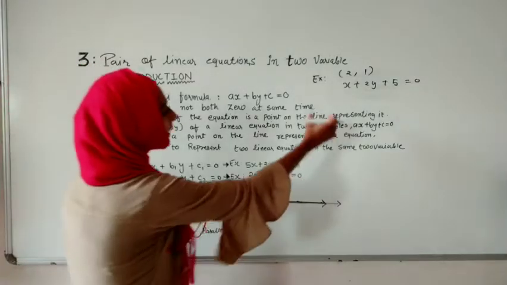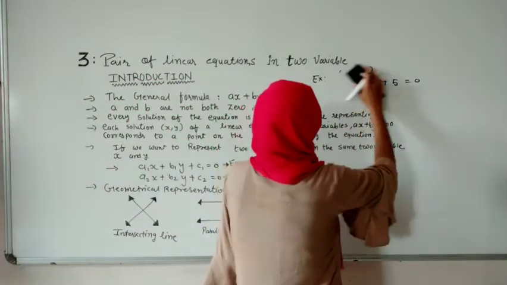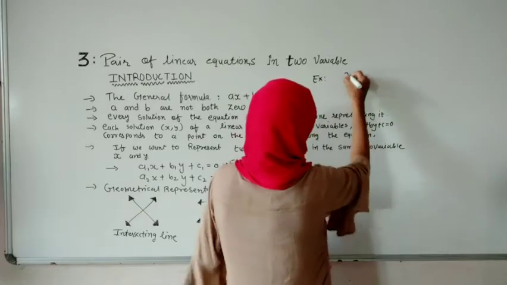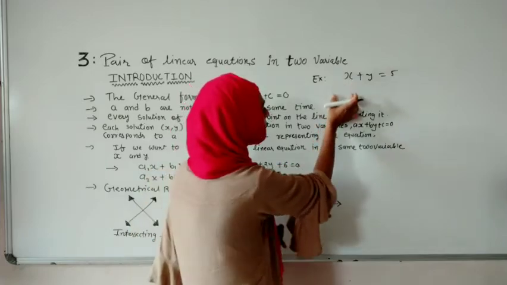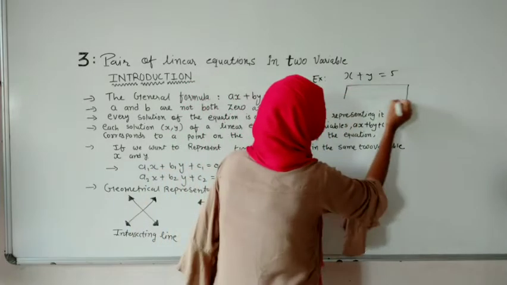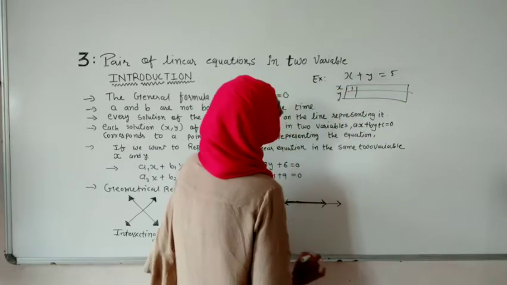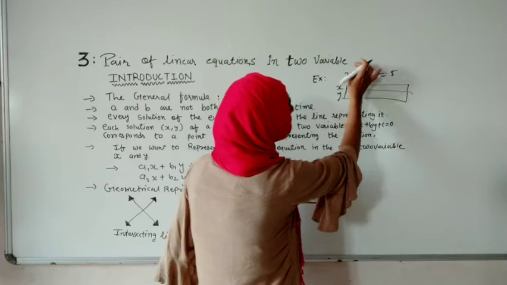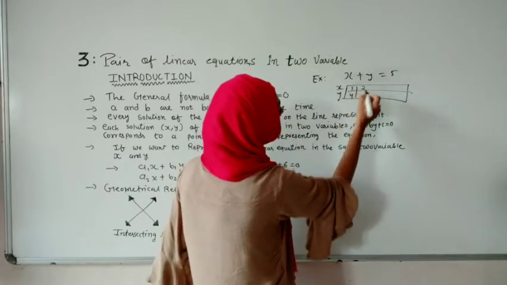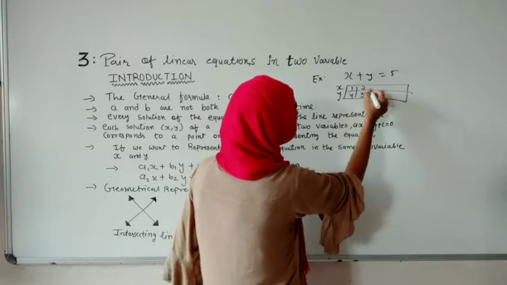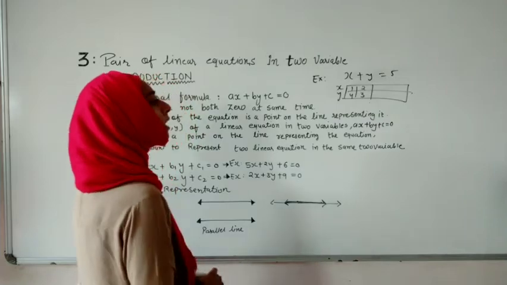After checking by substituting values, we are representing it on a graph. In 9th standard we were doing that if we are taking x plus y is equal to 5, then we are taking some value of x and finding y, and writing it in a bracket. If we have taken the value of x as 1, then what will be the value of y? So 1 we are shifting over there, so we are getting 4. And likewise if we are taking x as 2, then what do we get as y? So 3. And this kind of values we are getting and then we are plotting on the graph.